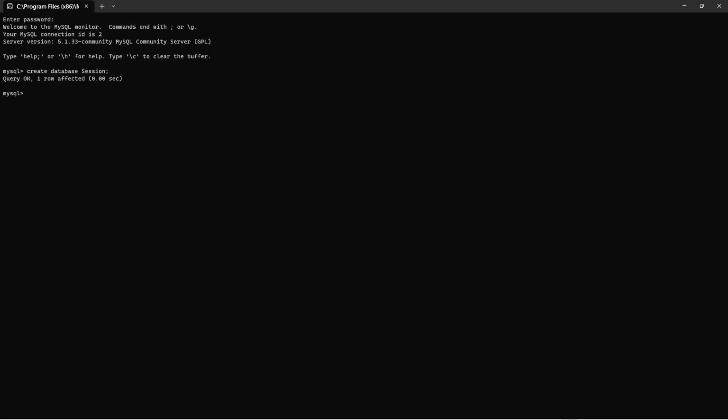That means that one database consists of many tables. So now the database has been created and we will be creating the tables inside this database. So I will open this database by the command use and the database name, that is session, and a semicolon. And this is database changed. Database changed means that now my database is ready to create the tables, and the tables will be automatically saved inside the